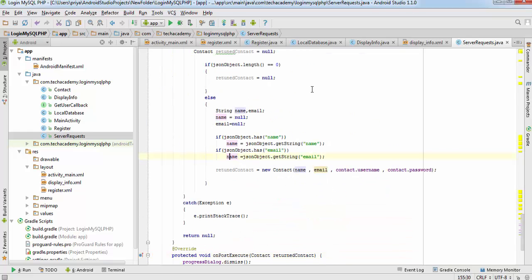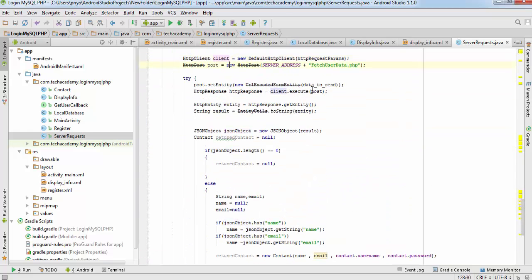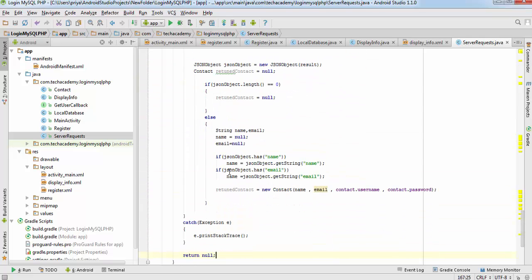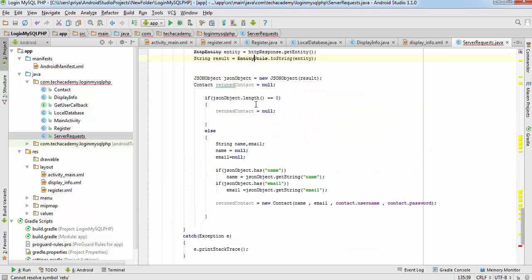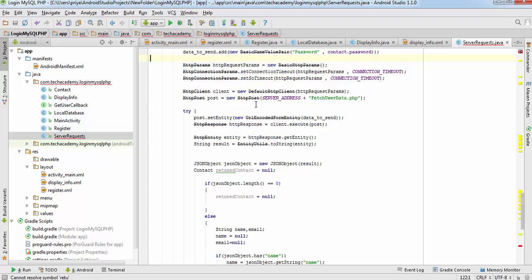Here in the fetch data in background class in try catch block, here I have written name but it should be email here, so change it. Then after that here we are returning null but it should be returned contact, and I think I have created return contact here which should be outside the try block.